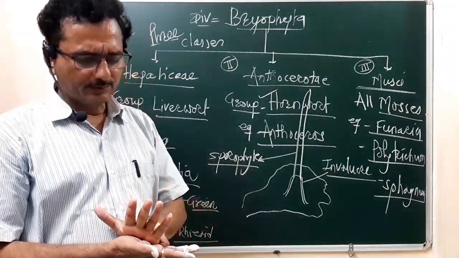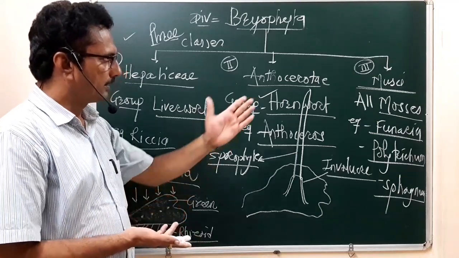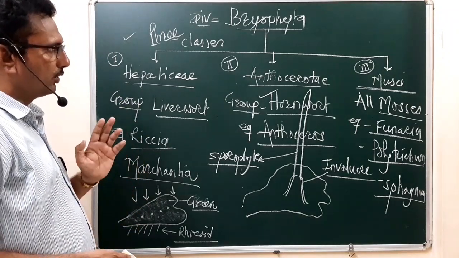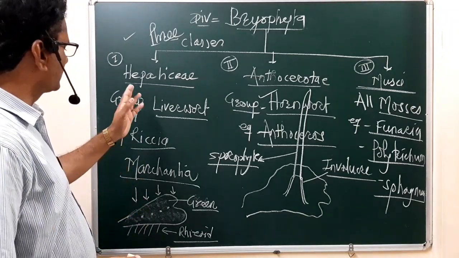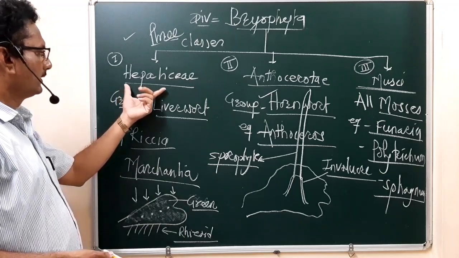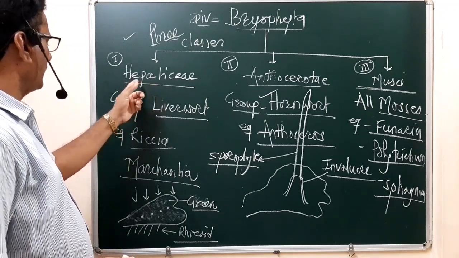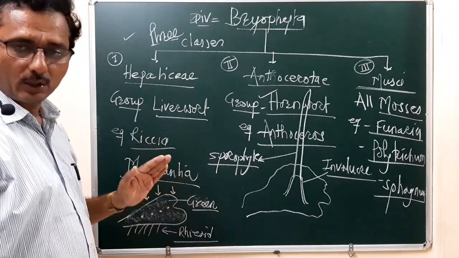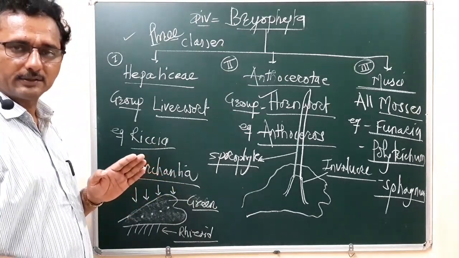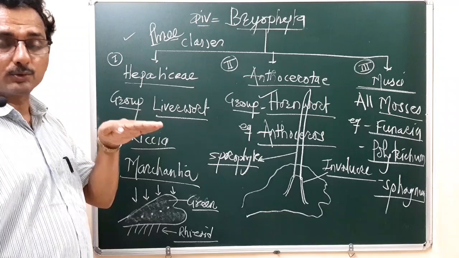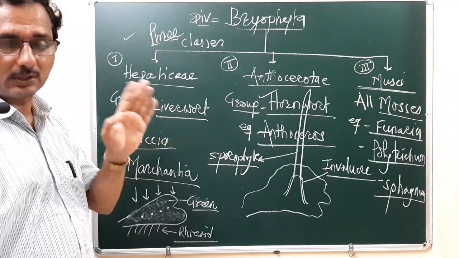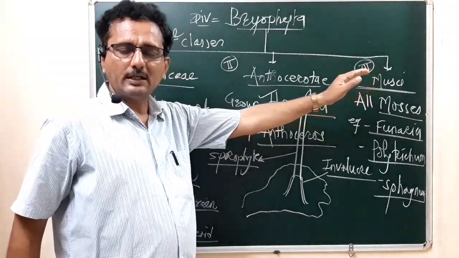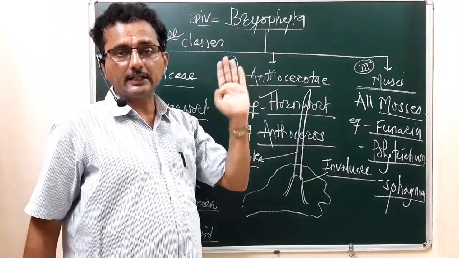So what is the characteristic feature of the class Musci? This class Musci is the most evolved. Why is it evolved? Because in the previous classes, like Hepaticae and Anthocerotae, the plant body is thalloid, dorsiventrally flattened, and prostrate. They are attached to the moist soil surface. But in the case of mosses, or Musci, the plant body is erect. It is at a right angle to the surface.